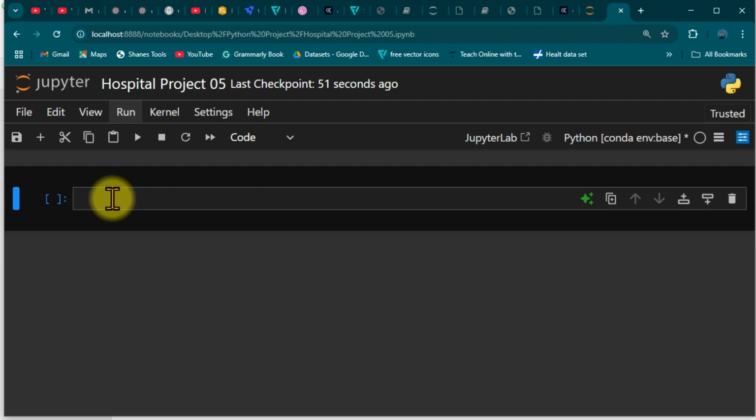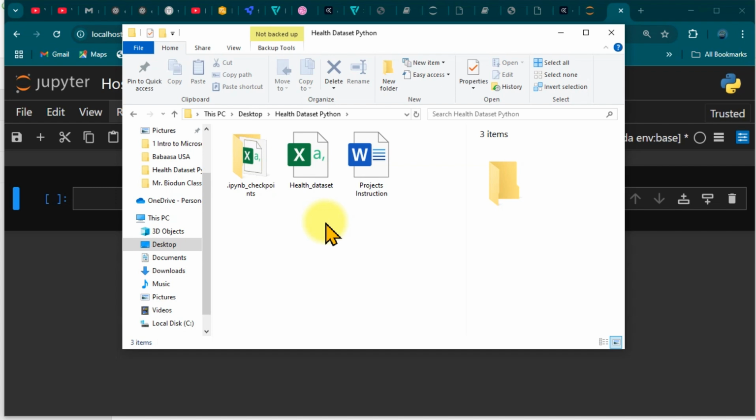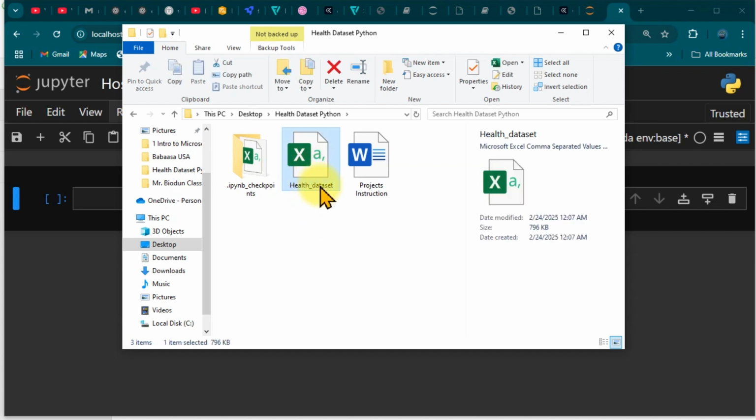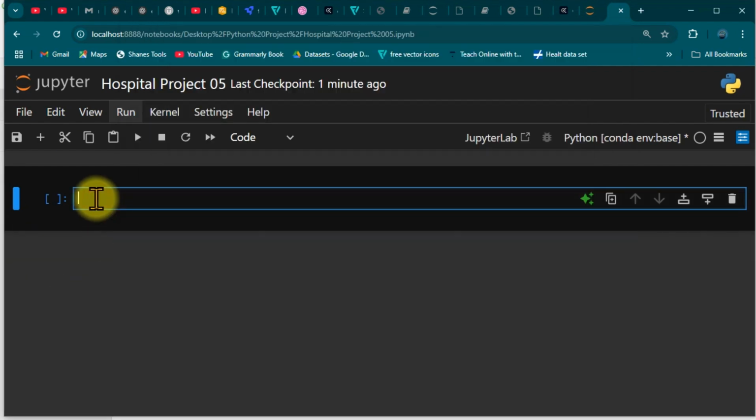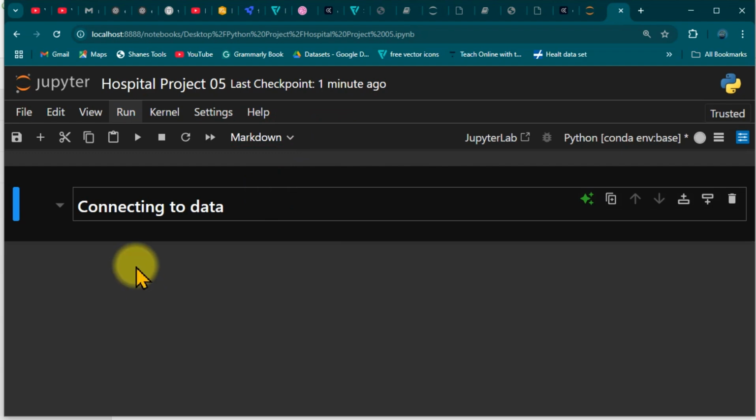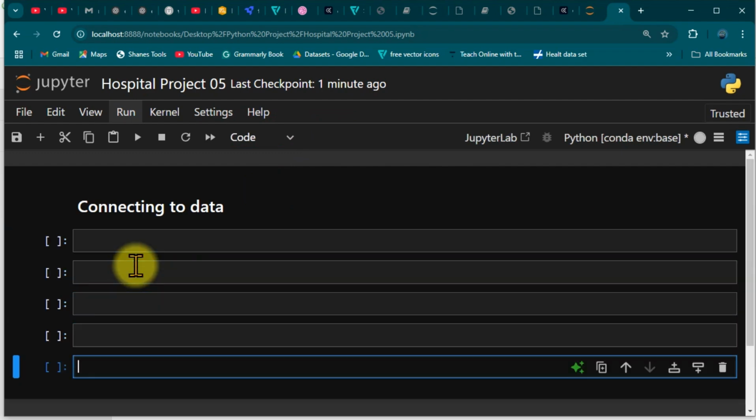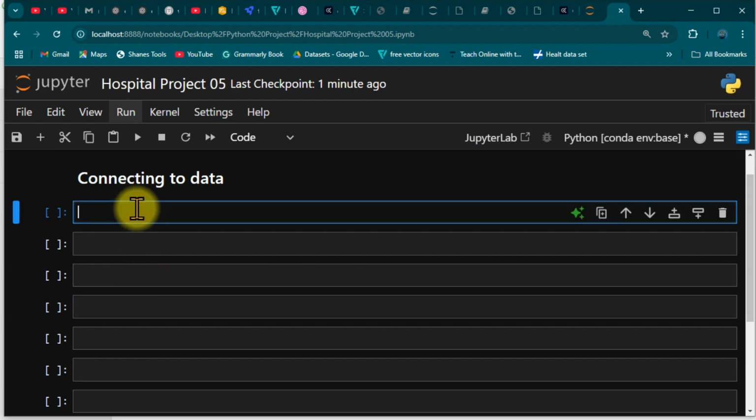The next thing is for us to understand the data that we have before we start connecting to our data. If you check the file you downloaded from me, it has health_dataset. So you can copy its path, and let's go back to this environment here. So quickly, I'm going to do connecting to data. So markdown. Okay, this is good. To add more cells, you hold your shift key and enter key to add multiple cells that you can use for a project. Now to connect quickly, I can just do